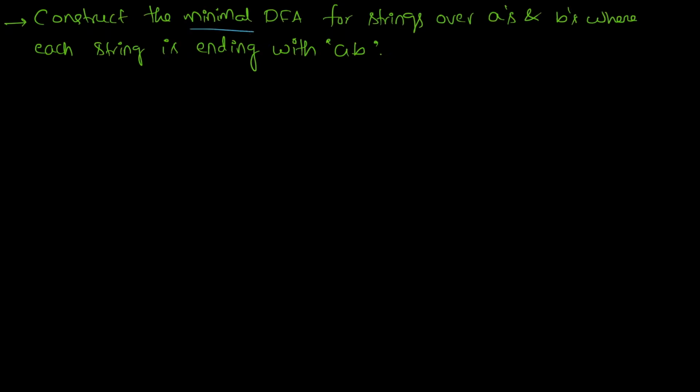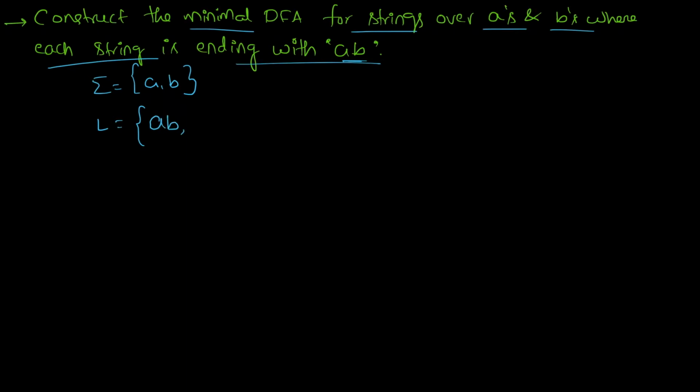Construct the minimal DFA for strings over A's and B's where each string is ending with AB. Given alphabet is A, B and language is set of all strings where each string is ending with AB. So the minimal string is AB and the other strings are AAB, BAB,